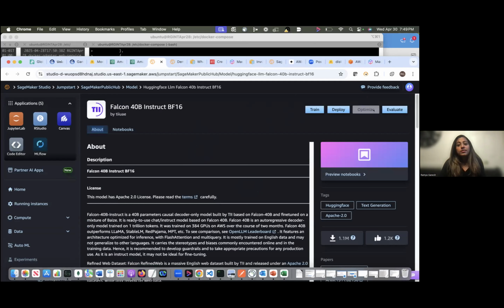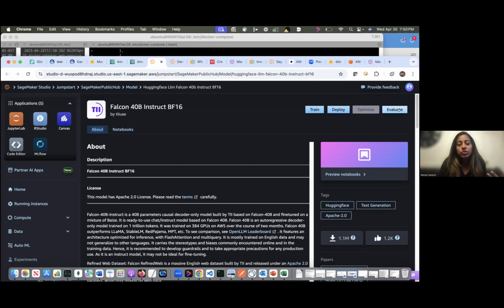You will see some options here: train the model, deploy the model, evaluate the model. I'm not going to use that now because it generally takes about 20-25 minutes to spin up a model. To deploy it, it is just a touch of a button. You don't have to write any code. If you want to train it with your own data set, you just go ahead and train here. Or if you want to deploy it, you just click on this and the model gets deployed in your environment. And you can use that model for inferencing or for integrating with other applications.